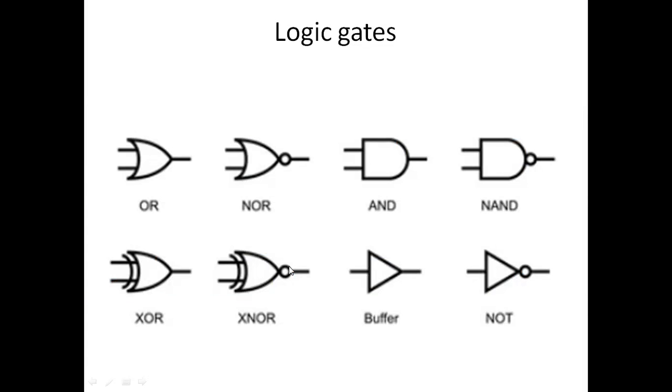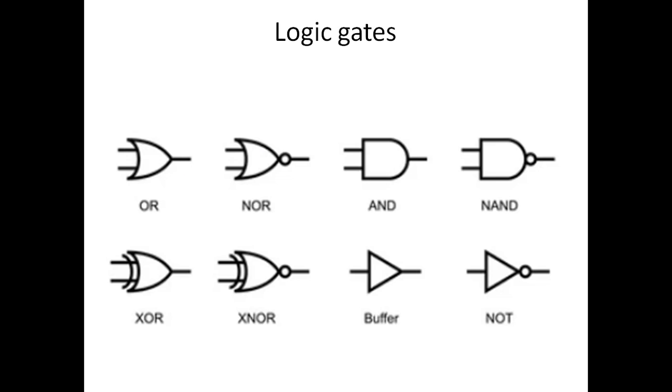I hope you have studied about the logic gates. If you see the logic gates, generally it comes with 2 inputs and 1 output. The truth table of AND gate says if both inputs are true, it gives output. The OR gate truth table says if any one of the inputs is true, it gives output.